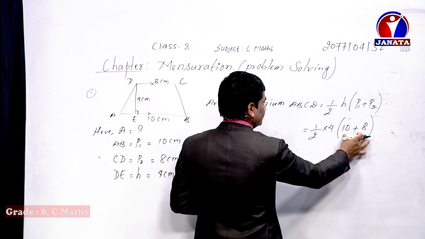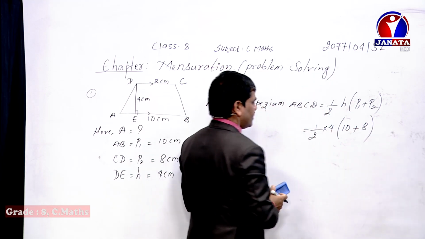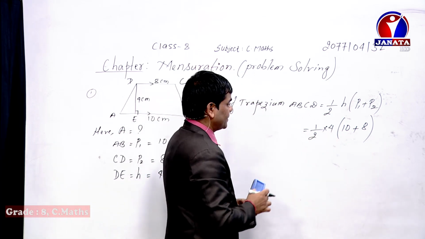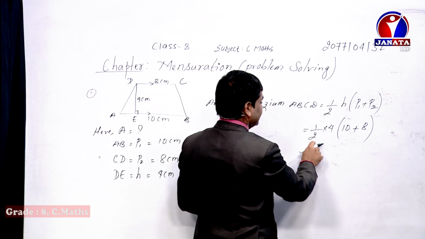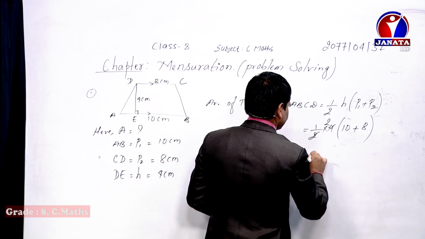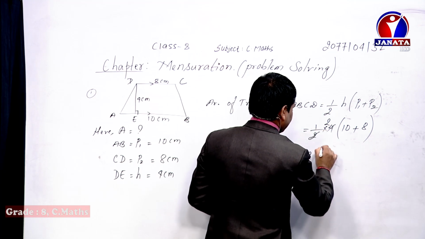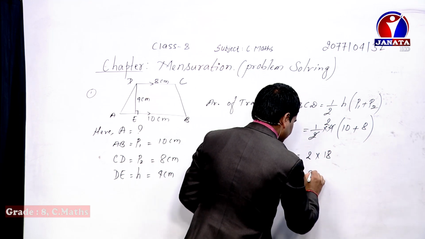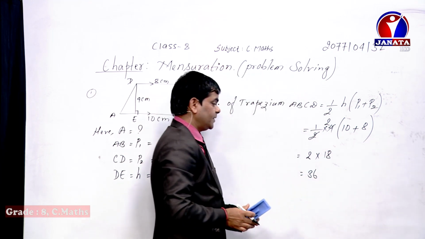Now we add together, and if there is a possibility of cancelling up and down, at the time we can cancel, as it is the numerator and it is the denominator, if possible we can cancel. So 2 2s are 4, so here is 2 1s are 2, and then into 10 plus 8, 18, equals 36. What is the unit?